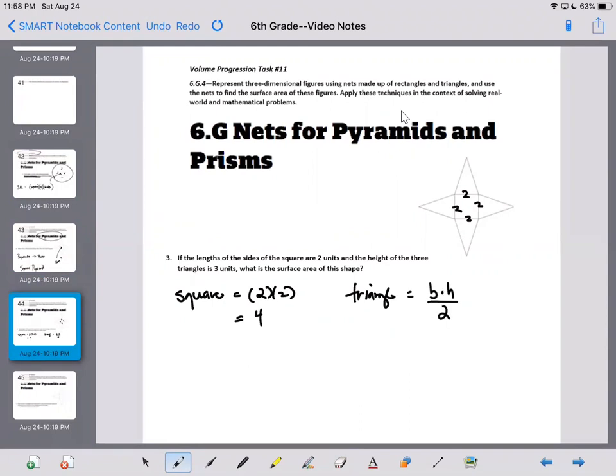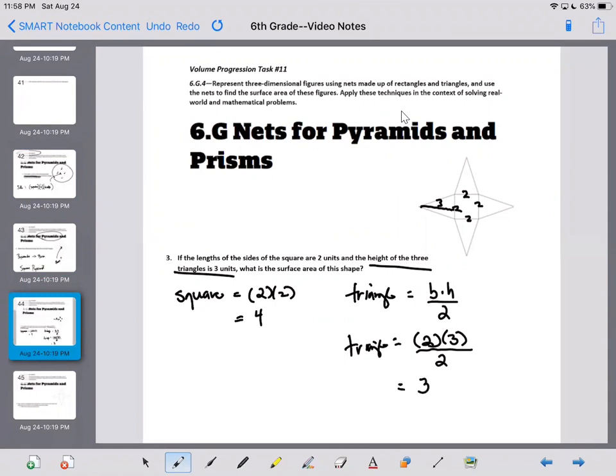So the base of the triangle is 2, and the height of the triangle is 3. So that's what we're looking at right here. So that would be 6. But we've got to cut that in half, divide it by 2. So we're going to get 3